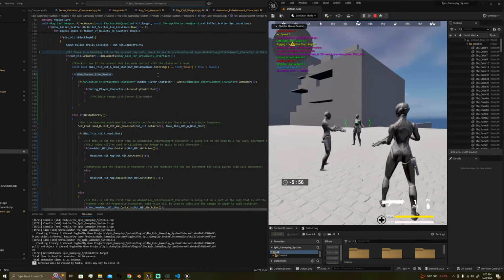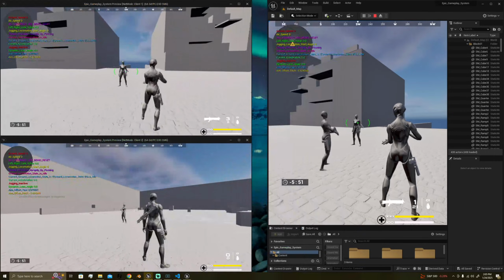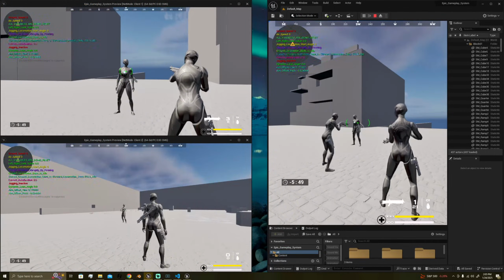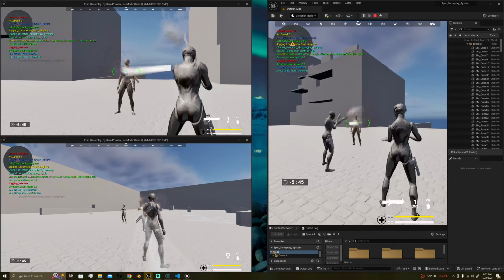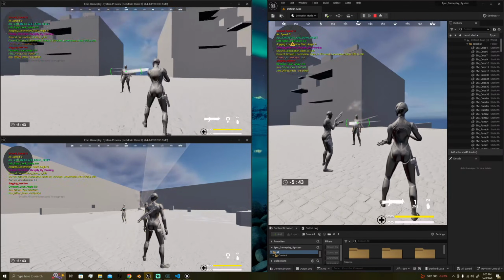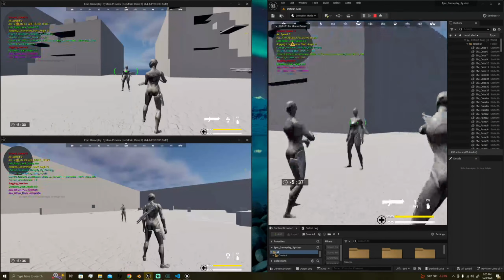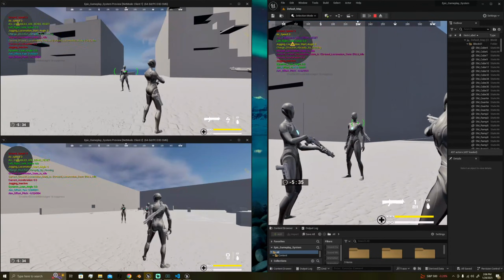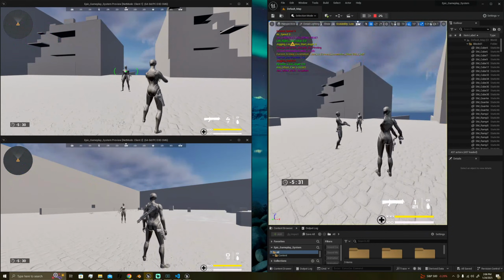So this is basically saying the player who's playing is the one who is sending the information to the server to validate that information for damage. Otherwise, the server will validate the damage on their own authoritative characters, which are right here. So server-side rewind basically gives the authority to,